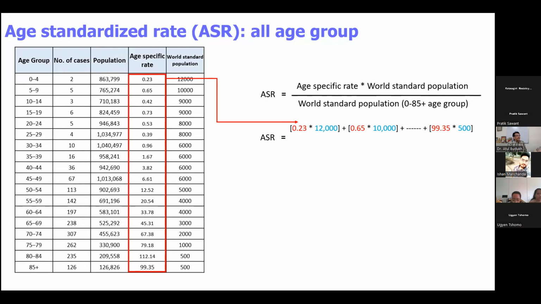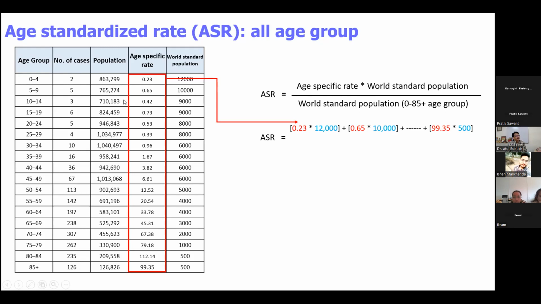So this is the age specific rate. So now Afghanistan team is online. Yes, sir. So can you tell me how this 0.23 has come? Yes, sir. It is age specific rate. You're telling multiply in world mathematics, world standard population. No. How has this come? You're right, but how has this 0.23 come? Dear sir, the age specific rate is age specific rate multiplied by world standard population per world standard populations